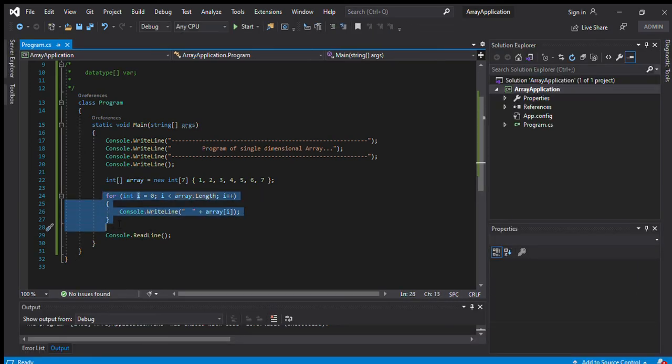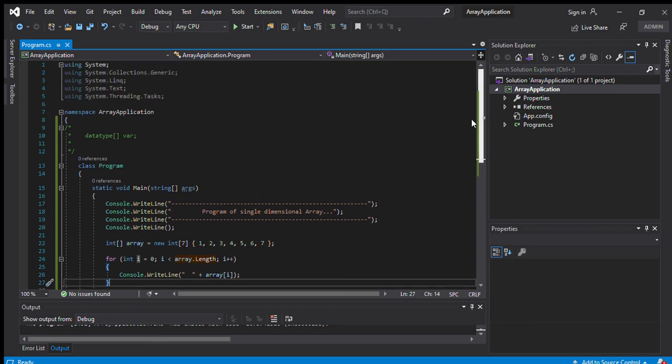I can write it like this, and the code will be only 4 lines. If I store n number of elements, my code does not change. Whenever I access the values, nothing will change. So this is a simple example of a single dimensional array.